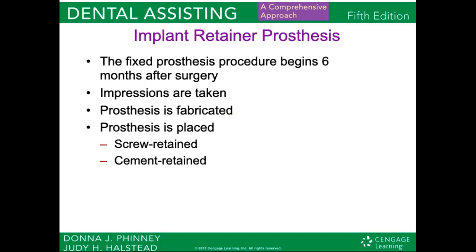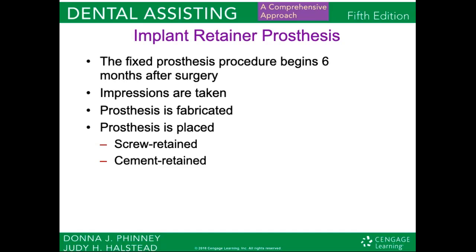So with the implant retainer prosthesis, the fixed prosthesis procedure begins 6 months after surgery. Then after that, the impressions are taken, the prosthesis is fabricated, and then the prosthesis is placed. And there are 2 types, and you'll see a picture of it in your book, where there is a screw retained and a cement retained crown. The screw retained are starting to be a lot more popular these days, mostly because with screw retained, you can easily unscrew the crown at any time throughout the patient's ongoing treatment, just in case something happens and